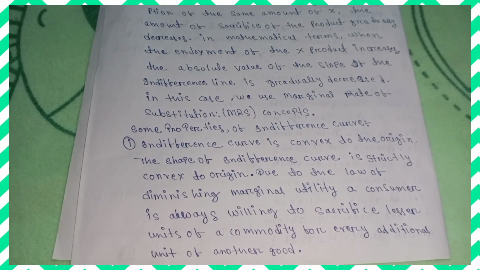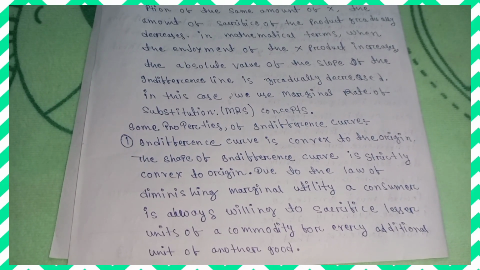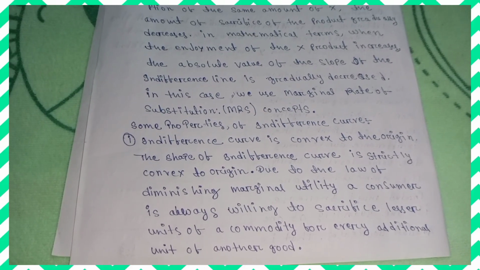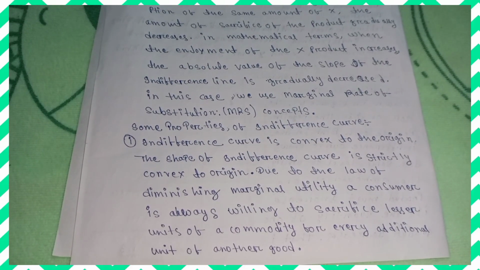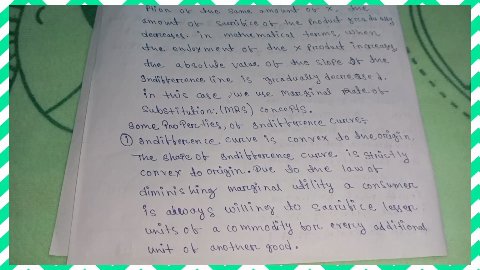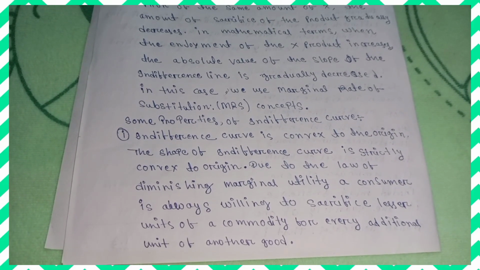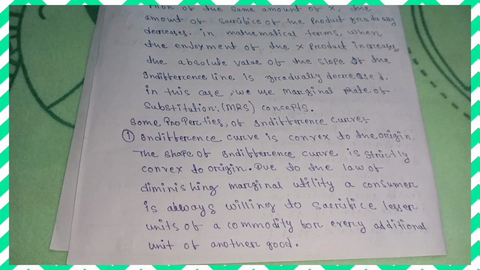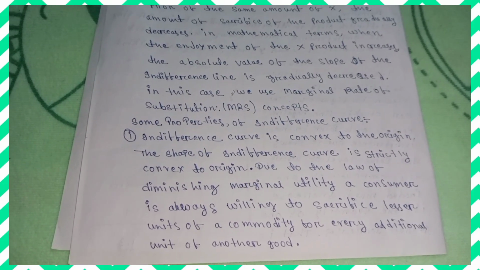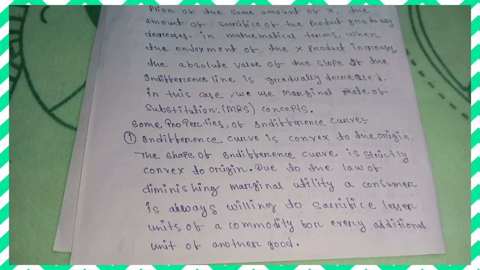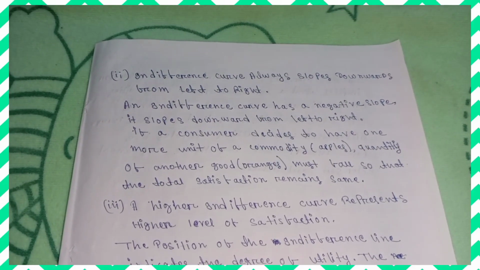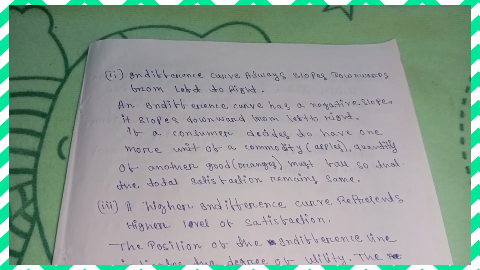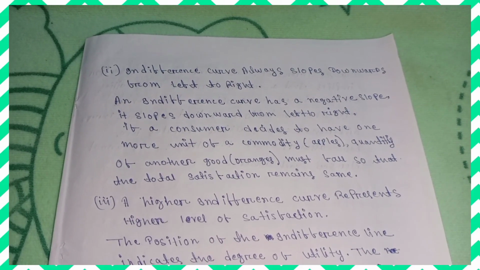Some properties of indifference curve। Indifference curve is convex to the origin। The shape of indifference curve is strictly convex to the origin. Due to the law of diminishing marginal utility, a consumer is always willing to sacrifice fewer units of a commodity for every additional unit of another good।